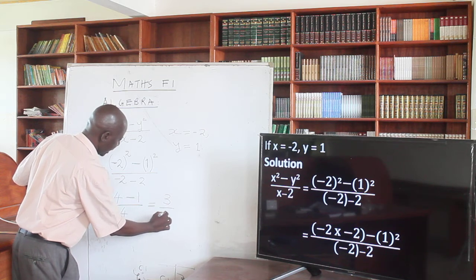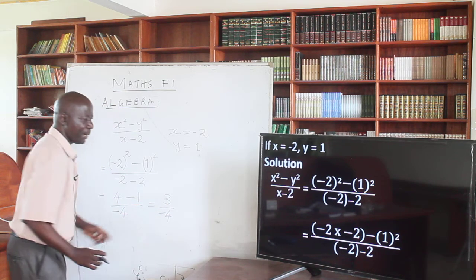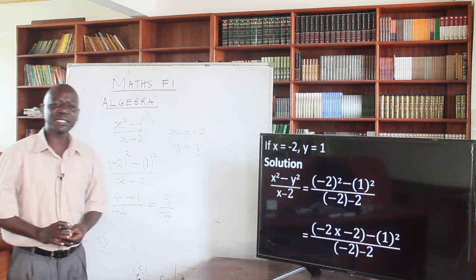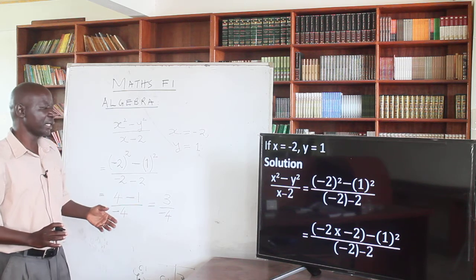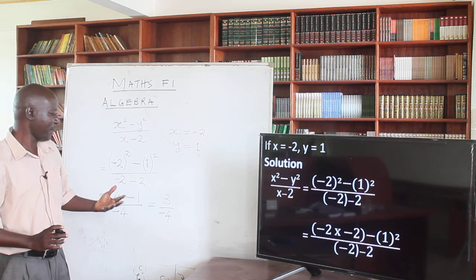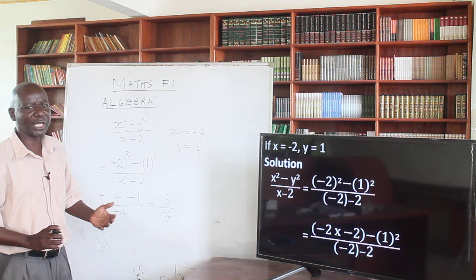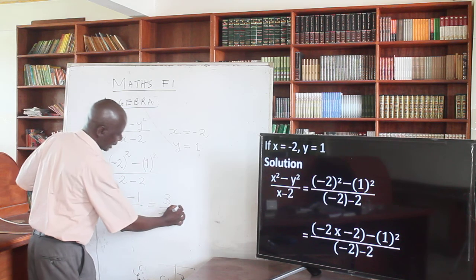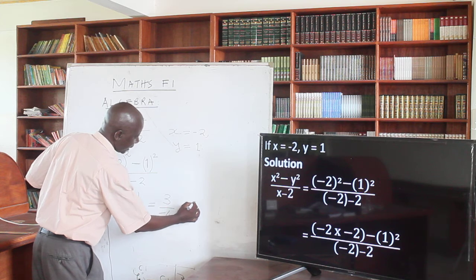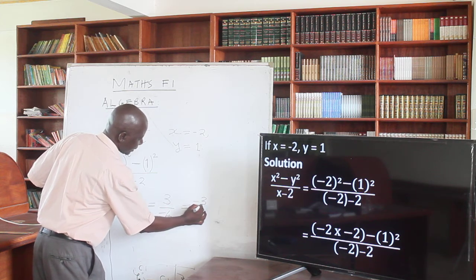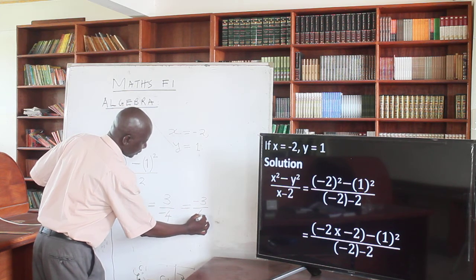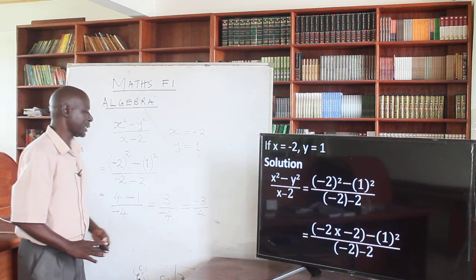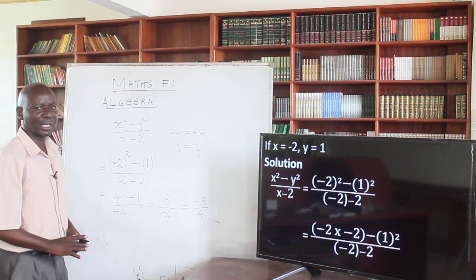over minus 4. But remember that a minus cannot remain in the denominator. We cannot have a minus number in the denominator. So we transfer the minus and put it in the numerator. So this answer will be minus 3 over 4. So in other words, we get negative 3/4.